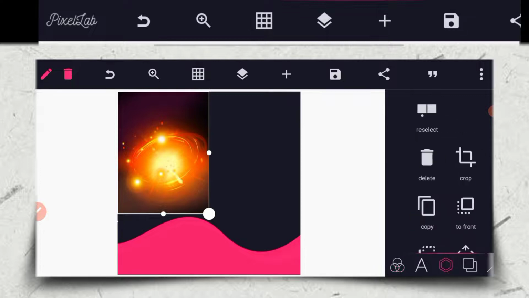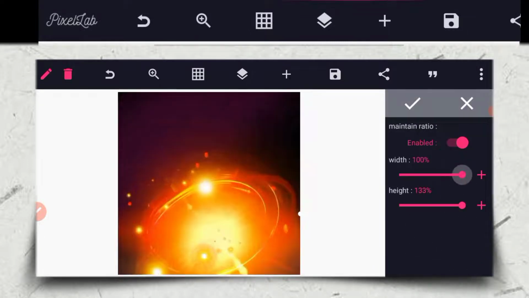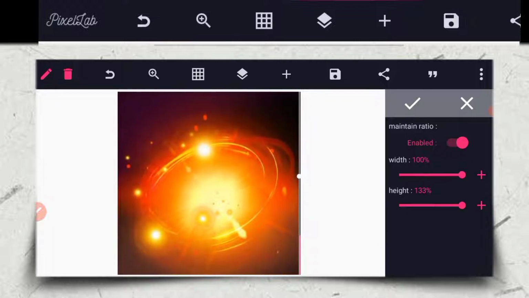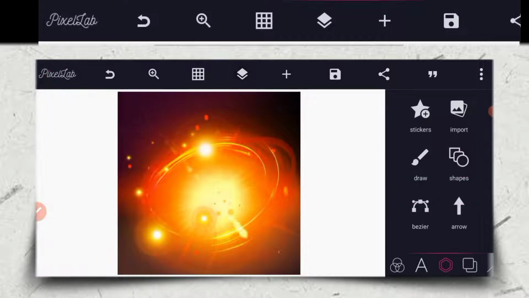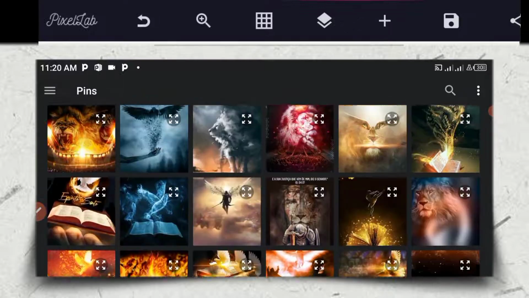So the next I have to do right now is to click on it and click on my relative size. So I'll just increase it. So after increasing it, the next I have to do is to bring it up a little bit, something like this. So after that, I will have to lock it. So after locking it, the next thing I have to do right now is to click on my gallery, go to my pins again, then check the